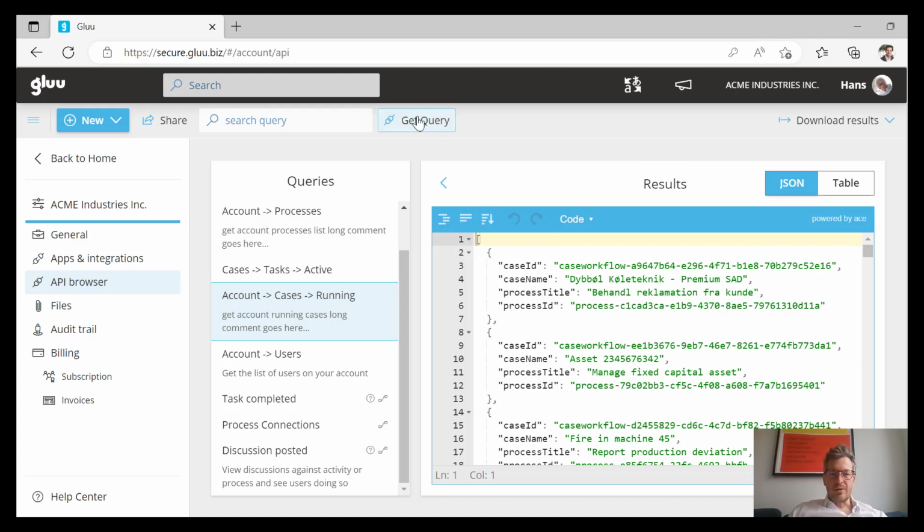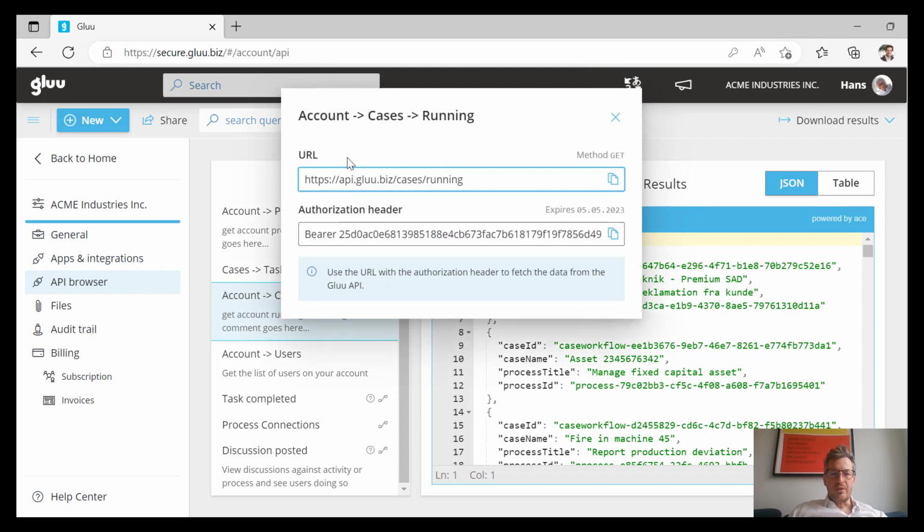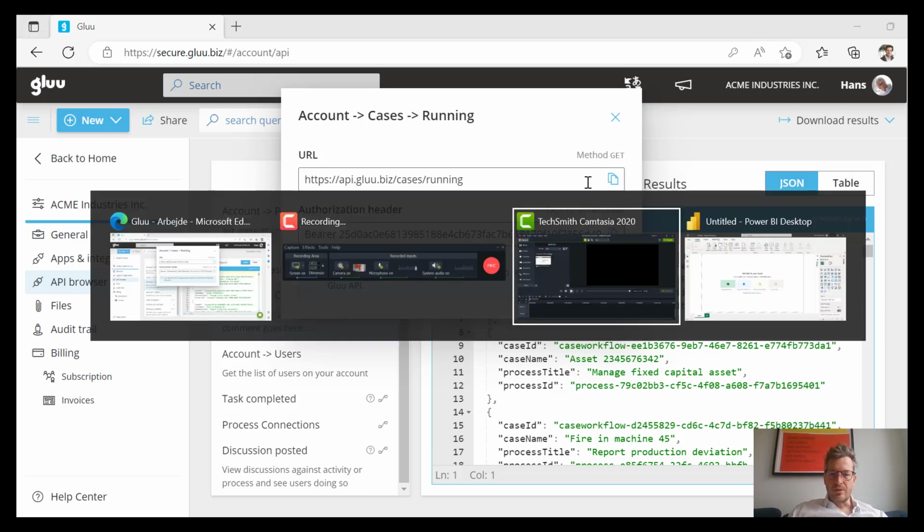So if I press the get query up here, I have a URL and I have a token, an authorization header here that I need to put into Power BI in order to fetch the right data. So I can just copy the URL right here, and if I go into Power BI,